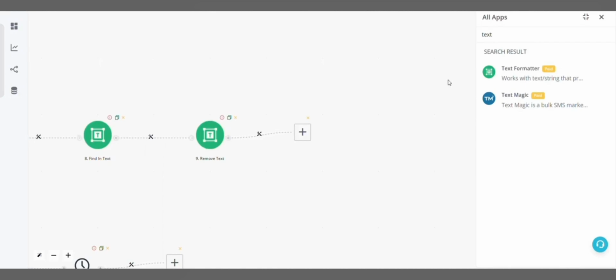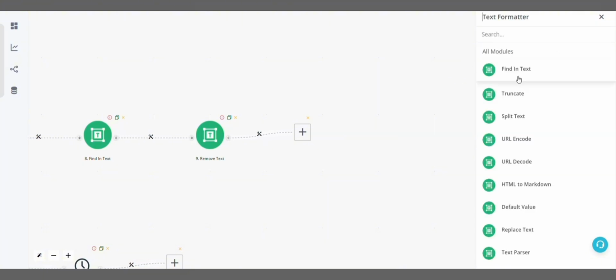Hello, in this video we will see how we can use the replace text block. So first let's go to text formatter, select replace text,